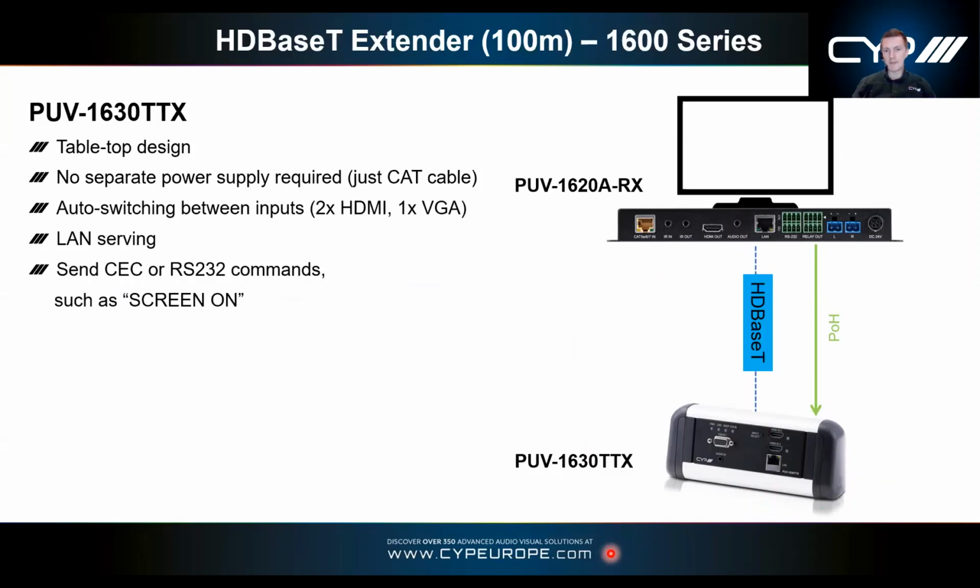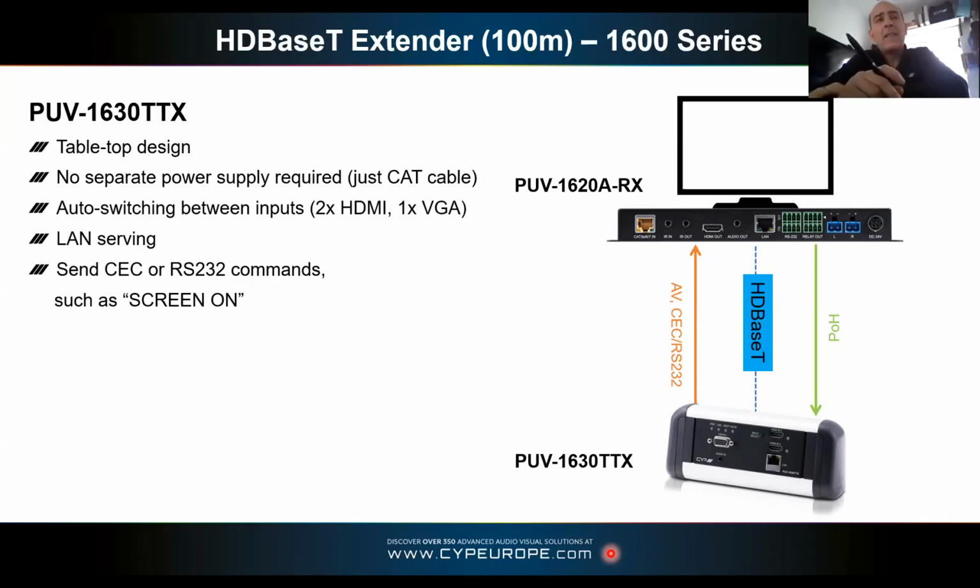If you walk into this meeting space and you've set it up this way, somebody could plug in an HDMI cable and it would simply send out a command to your screen via the receiver to switch the screen on. As Kev said earlier, switch the screen on, change the input, just based on hot plug detection, is it, Kev? Yeah, for the auto switching, what happens is it'll detect the signal, a 5-volt signal,